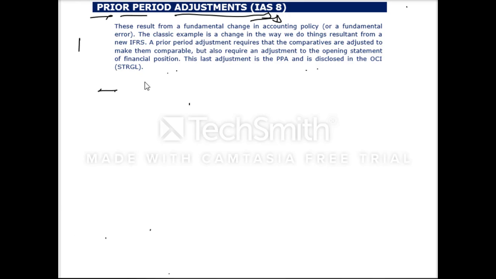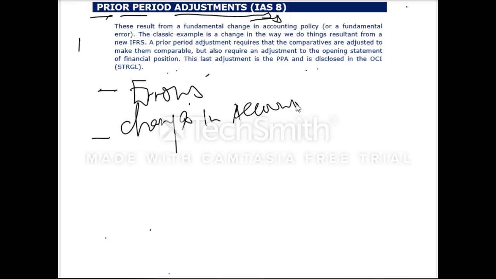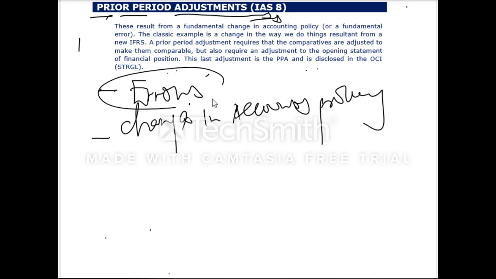One, we can talk about errors. I can talk about changes in accounting policy. Say last year there was an error in the accounts, and it has just been discovered this year in 2019.